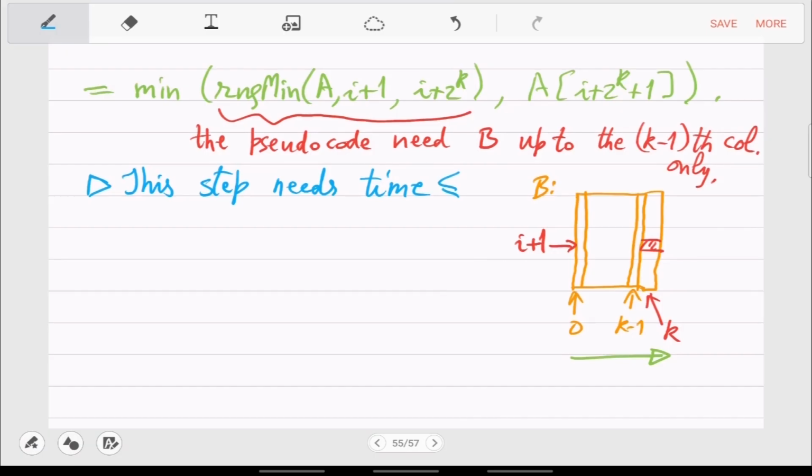Range min, assuming part of B has been pre-calculated, the pseudocode gives the answer in order constant time, right? So this is order 1. So in constant time, you can calculate an entry in the matrix B.